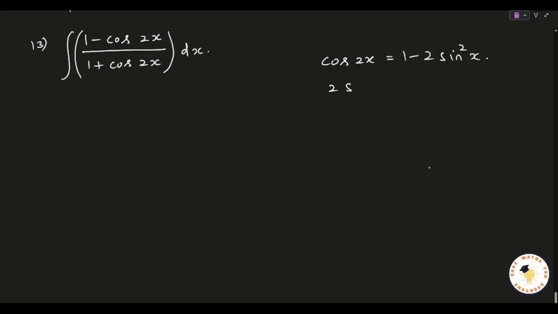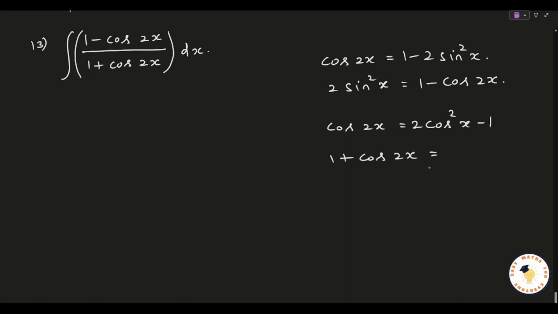So 2 sin square x will be equal to 1 minus cos 2x. And also we know cos 2x equal to 2 cos square x minus 1. Taking this minus 1 to the left side, we get 1 plus cos 2x equal to 2 cos square x. Using these two identities,